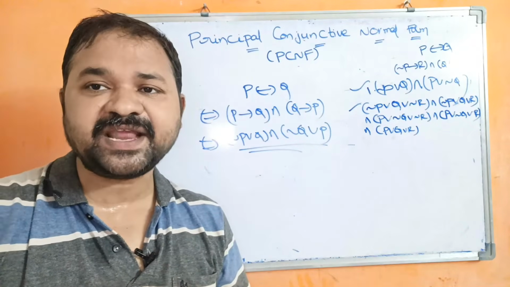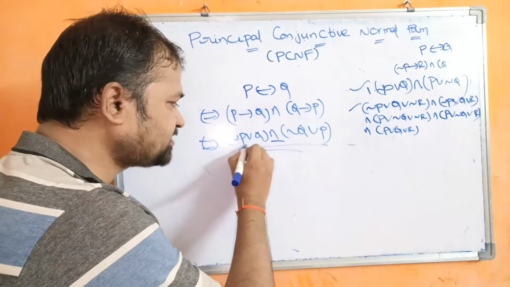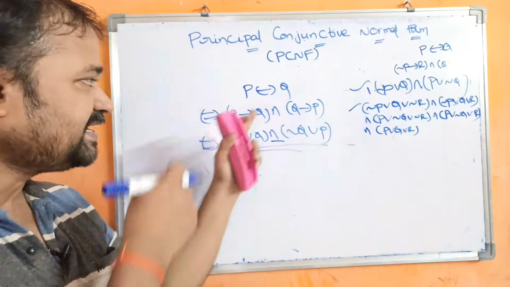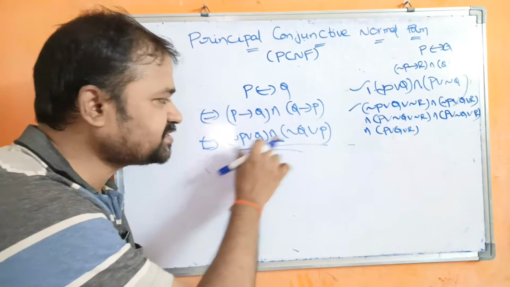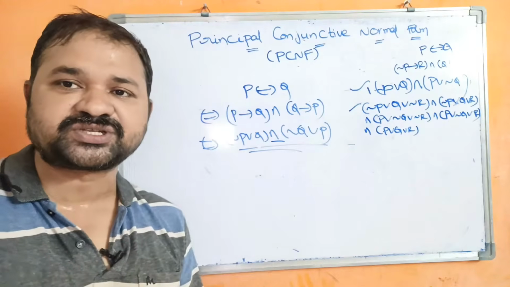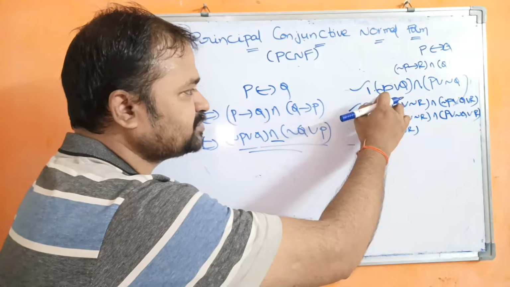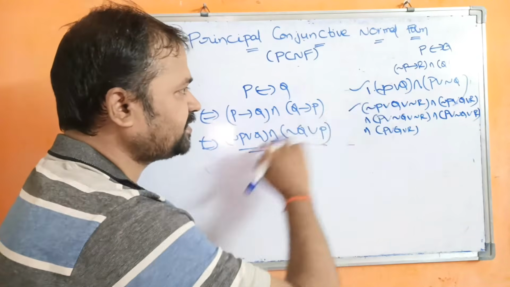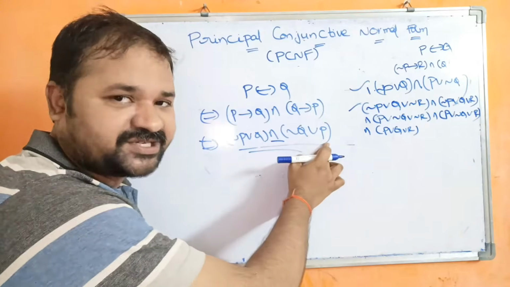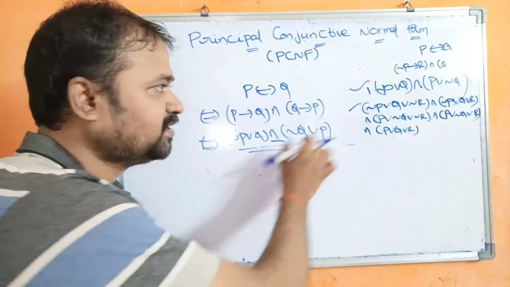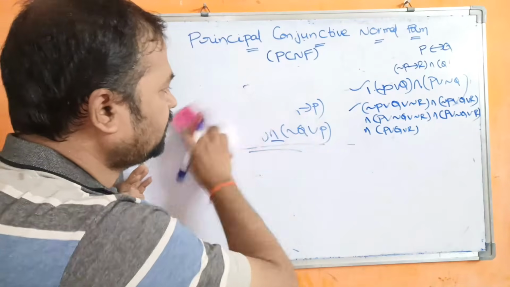So let us check whether this solution is in PCNF form or not. What is PCNF? Conjunction of the max terms. So this is the conjunction, this is a max term, and this is a max term, and here we have two propositions in this term, and in this term also we have two propositions. So this is the solution for the first problem. We already solved that problem by using the truth table also: negation P or Q, and P or negation Q. We can write this as P or negation Q by using the commutative law. So the solution is the same for the two approaches.